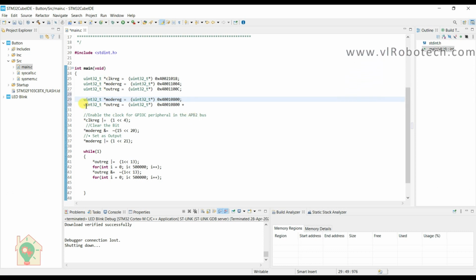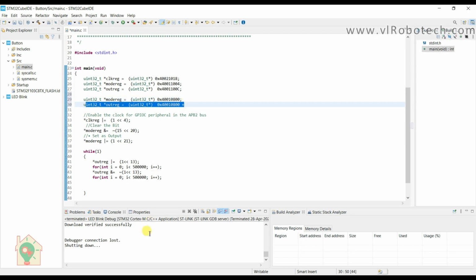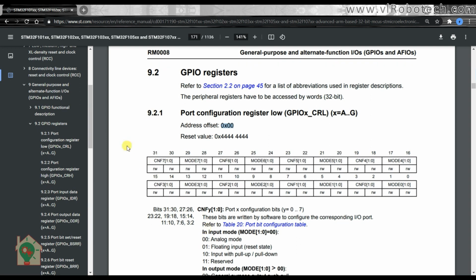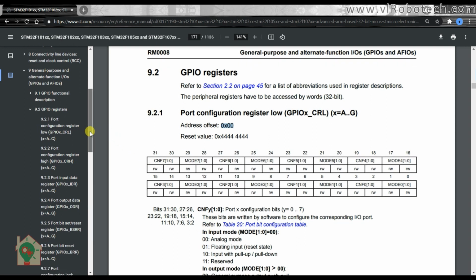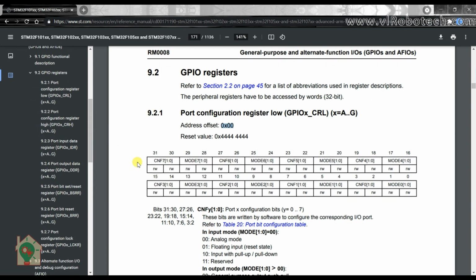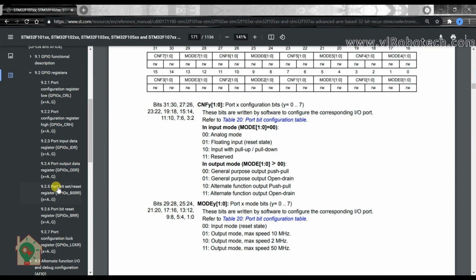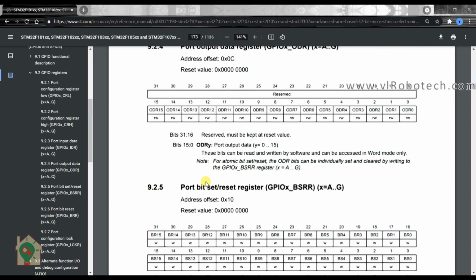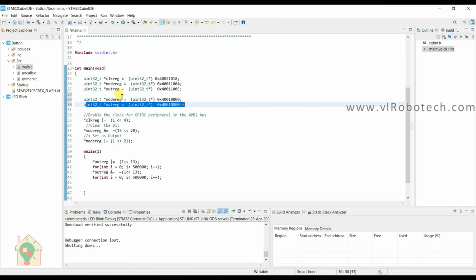And for the output register we'll go again to the reference manual and see the offset address. This is the output register, but we do not need output, we need the input register.